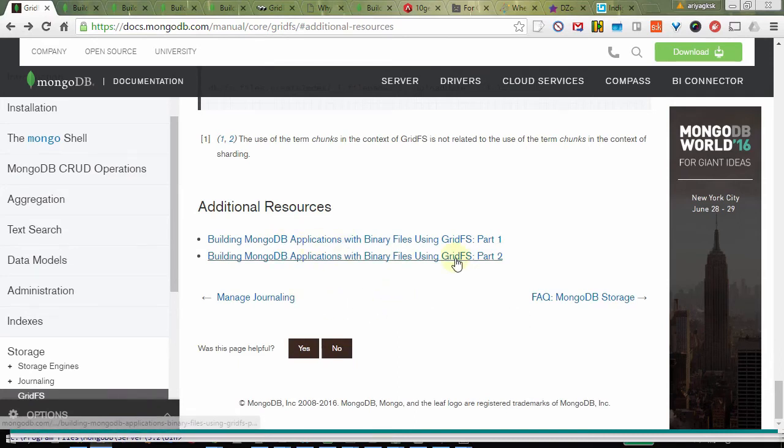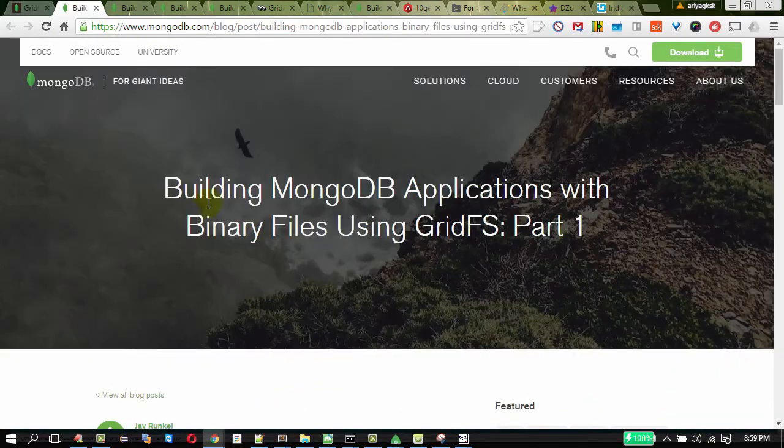These links provide greater insight and very good use cases for using GridFS. For example, clicking the first link, that is, Building MongoDB Applications with Binary Files Using GridFS, Part 1, there are three main portions of information.